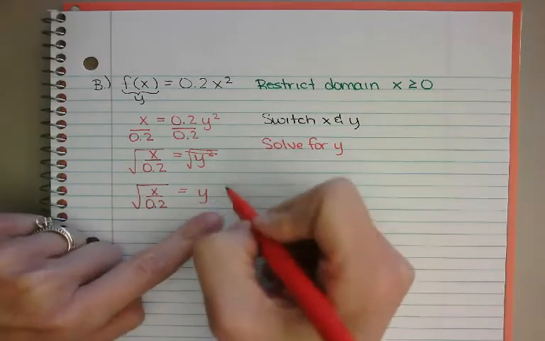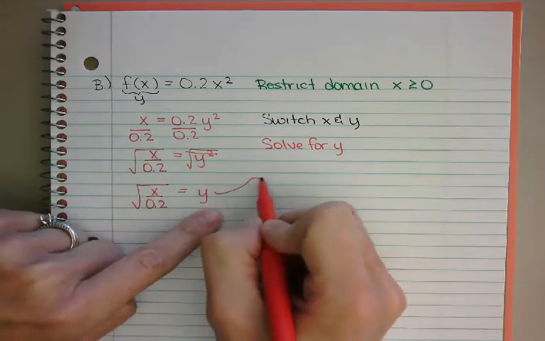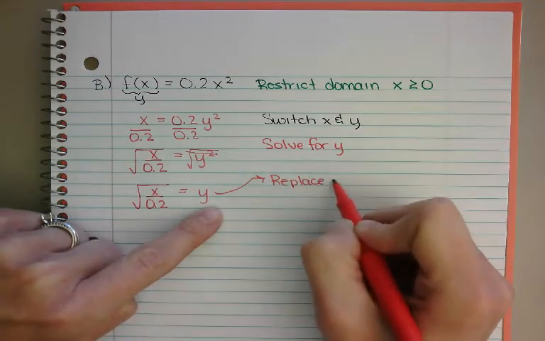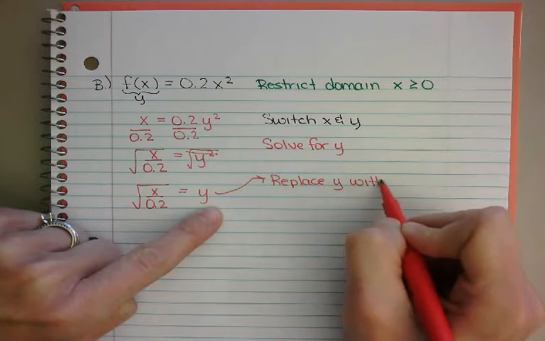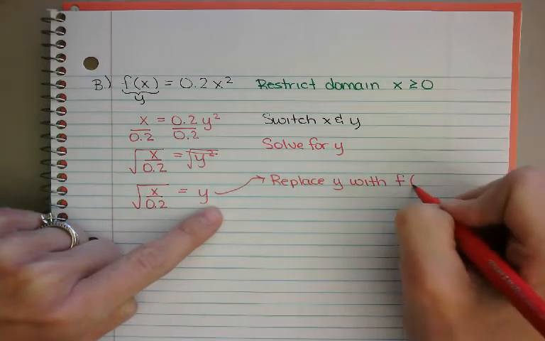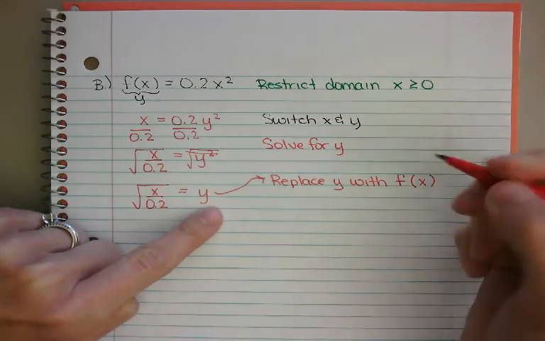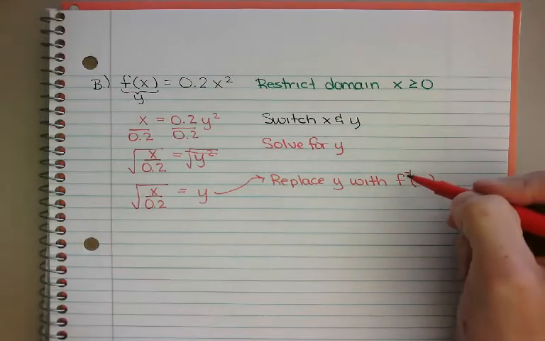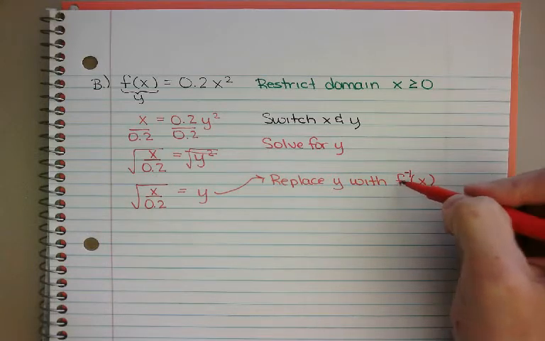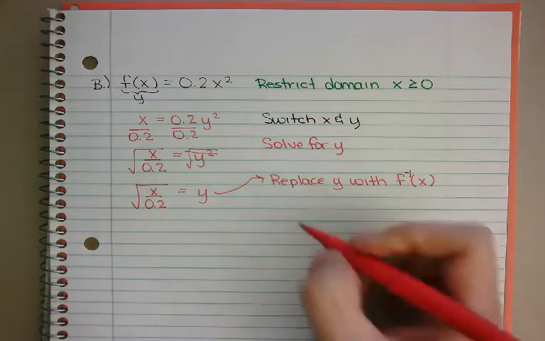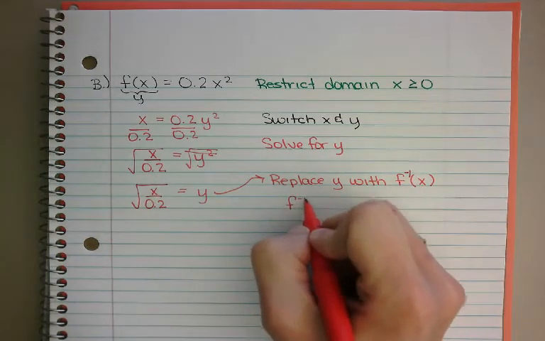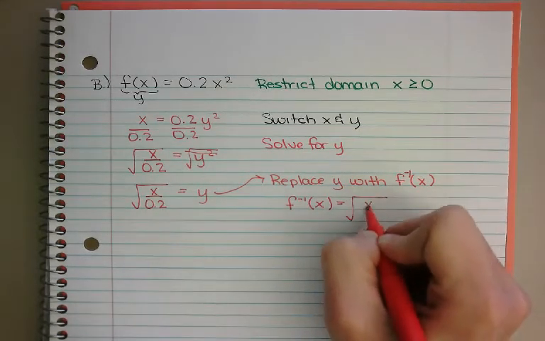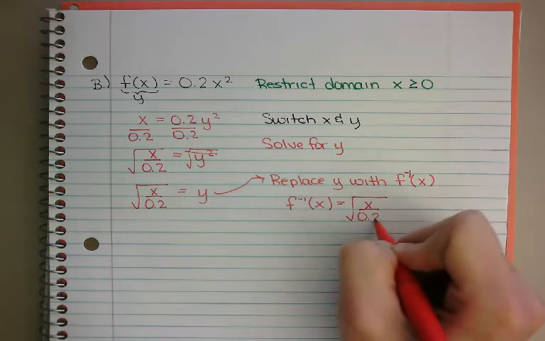And then the only thing that we're going to remember to do is that we're going to replace the y with the function notation. So the original function was f of x, so our inverse is going to be kind of like with this negative 1 exponent, so it's read as f inverse of x. So we're going to say f inverse of x is the square root of x over 0.2, and I need to restrict the domain,